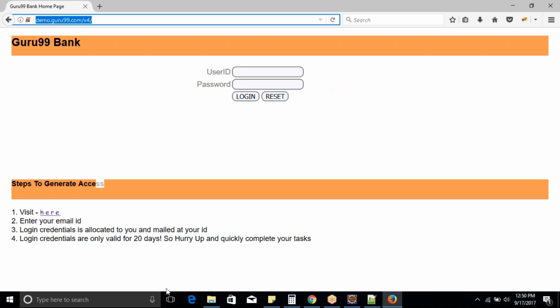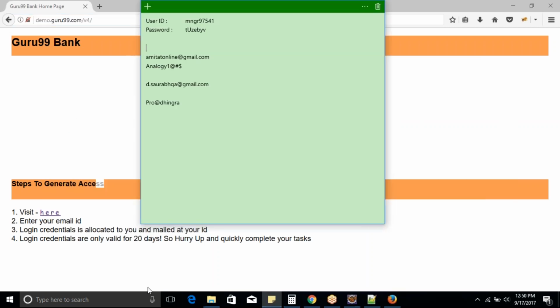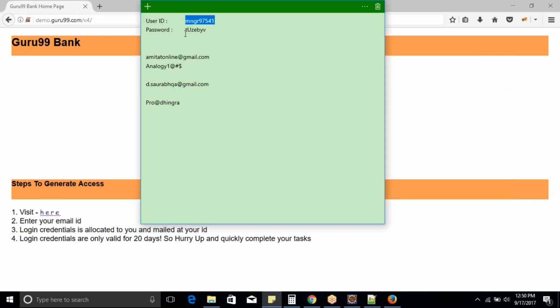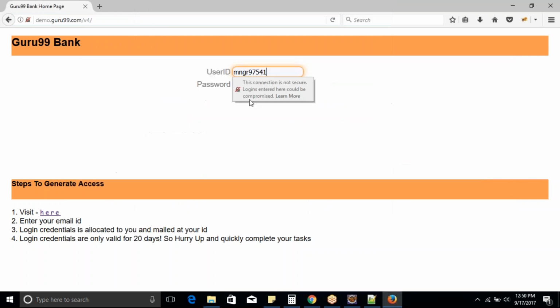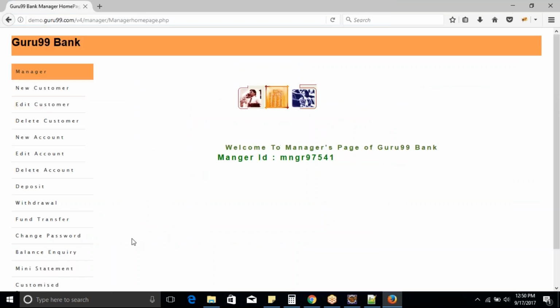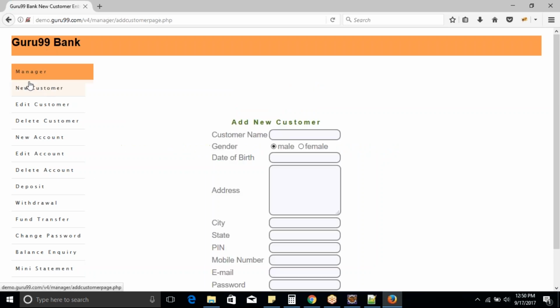Okay, now we have this username and password with us. So this is the user ID. I'll copy it, paste it here, and this is my password. I'll paste it here, and then I click on the login button. Once I log in, you can see it's saying Guru99 Bank, and here we have a new